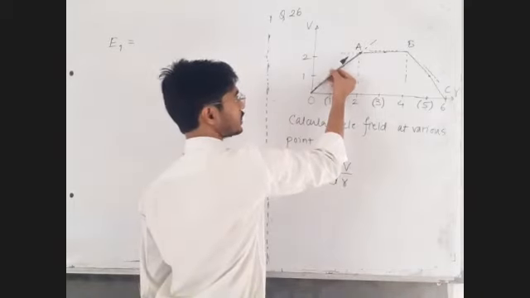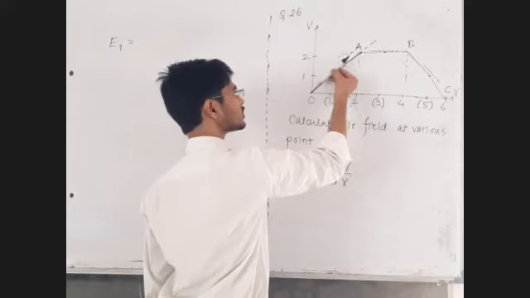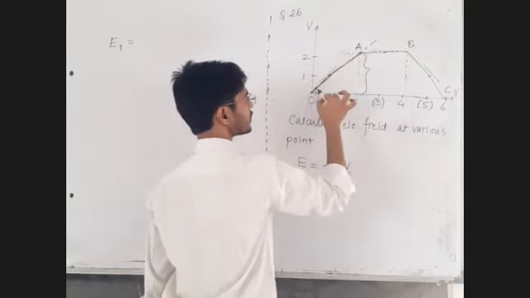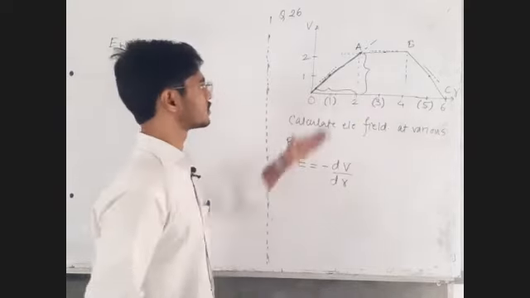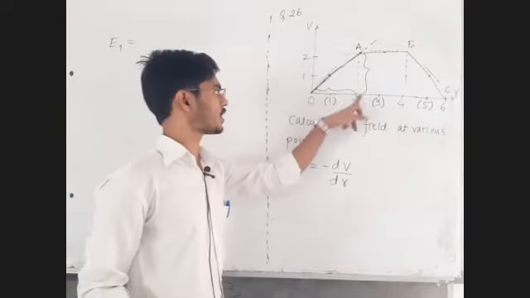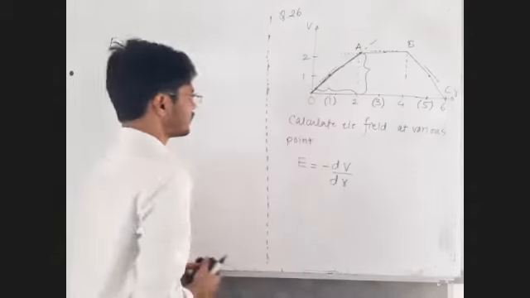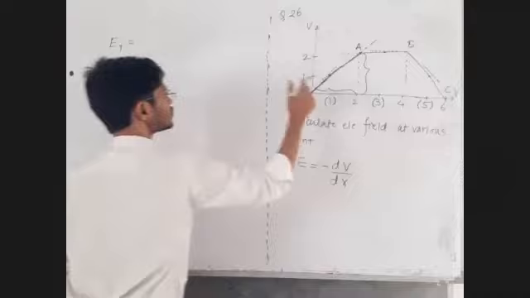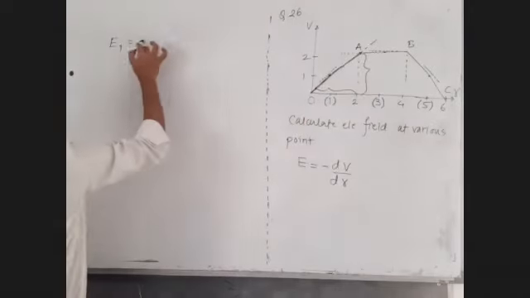Tangent to the straight line will give you the slope. But sir, to find out the slope, what we can do? Change in y coordinate divided by change in x coordinate. How to find straight line slope? Change in y coordinate divided by change in x coordinate. Very simple. So what is change in y coordinate? Sir, 2 minus 0.